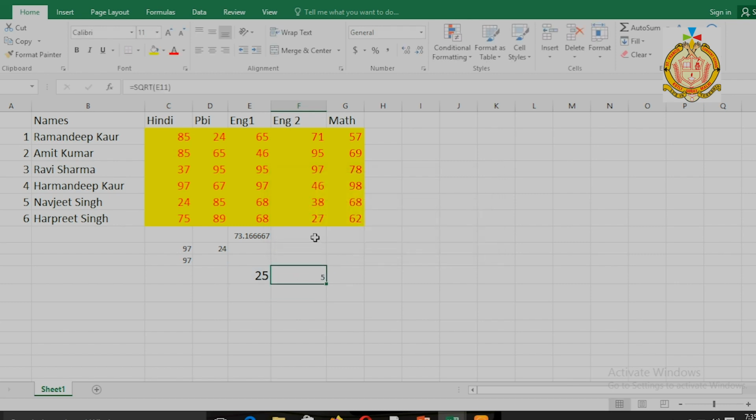What is the result? 25 is our cell value.